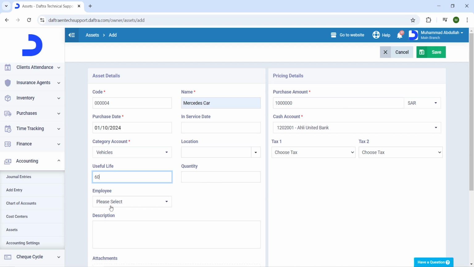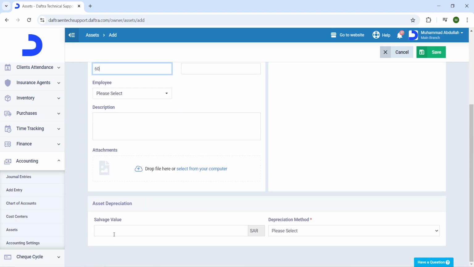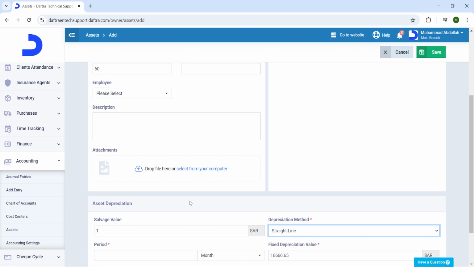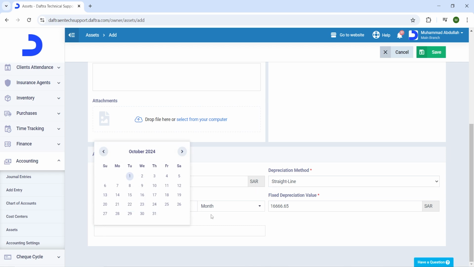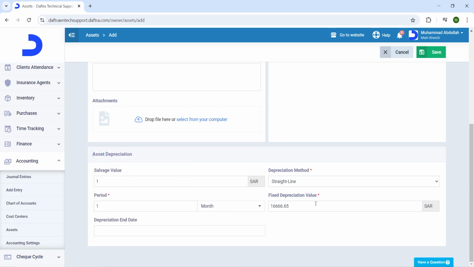You can also select an employee from the Employee dropdown so that they would be responsible for tracking this asset. Enter the salvage value, which usually equals 1, and then choose the depreciation method and enter the depreciation period, and the system will automatically calculate the fixed depreciation value journal. In this example, one depreciation journal will be automatically generated each month with this value, and you can set the depreciation end date from here, or leave the field empty, and once you are done, click on Save to save